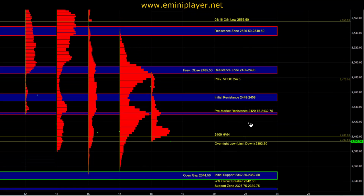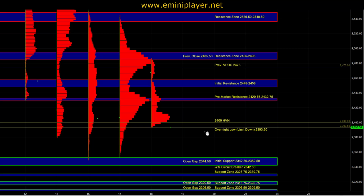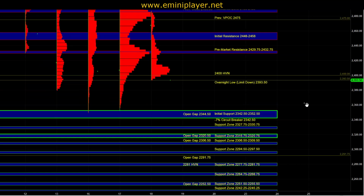On the upside, we have pre-market resistance at 24.29.75 to 32.75, followed by the initial resistance zone at 24.48 to 24.58. If ES continues to reject and trade below 2400, then that would be a sign that we're still dealing with a fairly weak market. So again, the overnight session has been weak, but our short-term bias heading into today is